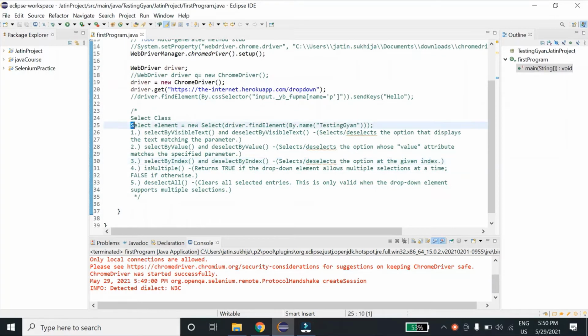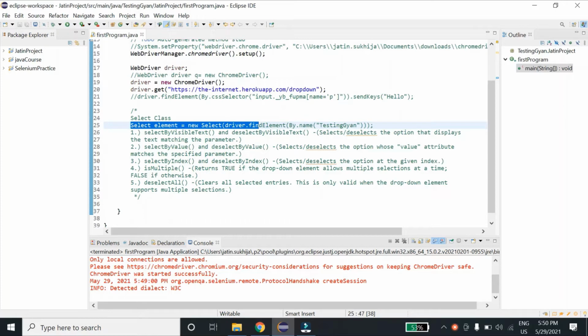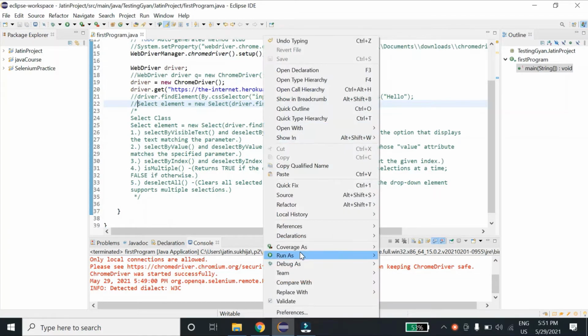Firstly we have to create an object of the select class, and since select class constructor accepts a web element as its parameter, we'll pass the web element in its parameter. So let me copy this and paste it over here so that I can show you how it works. Let me comment it for now, and let's run the script.